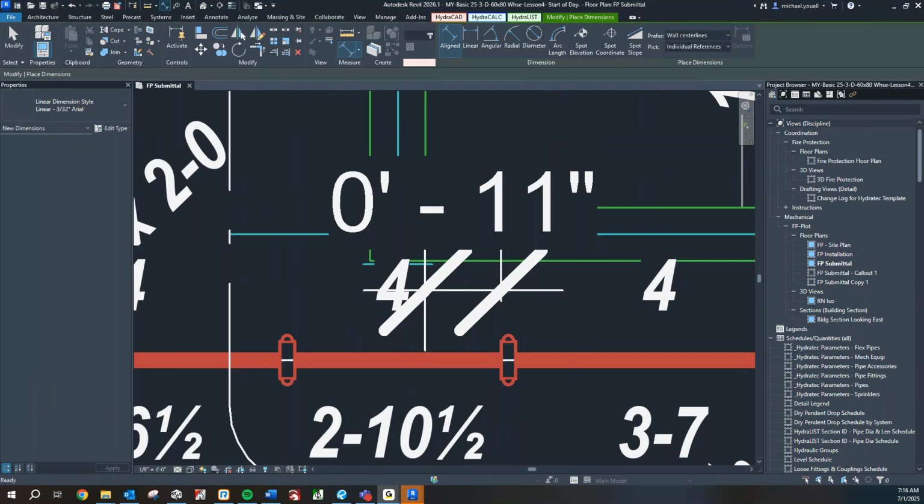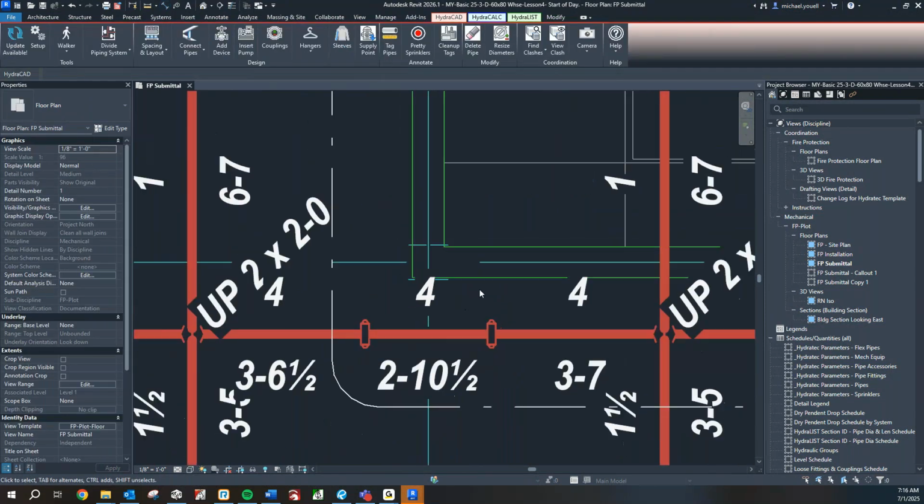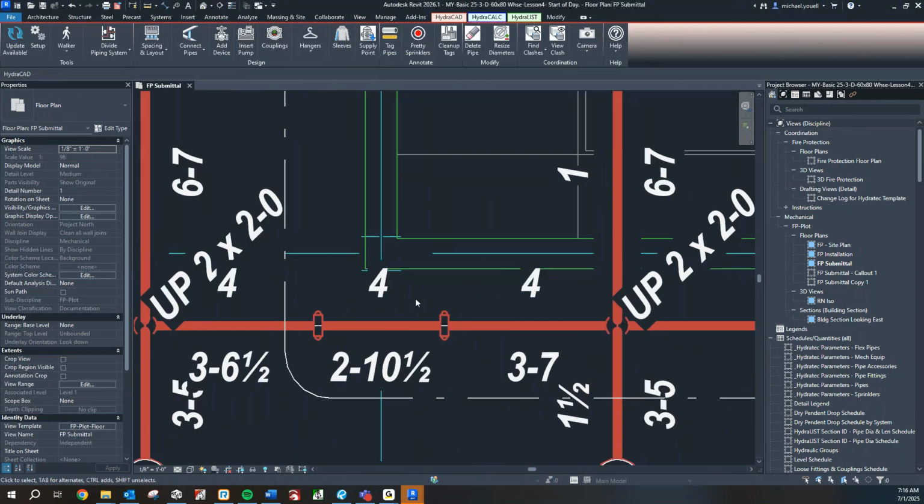Okay, great. And I'm up for erasing that dimension too. We could clean it up, but it's not critical to us. Okay, now you see it still says 2 foot 10.5, and this is what I was talking about with Dave a few minutes ago. Do a WW and pick on the pipe,